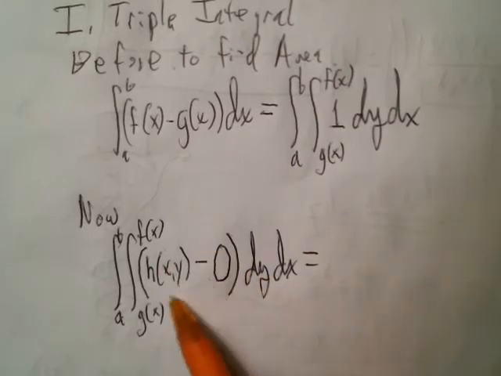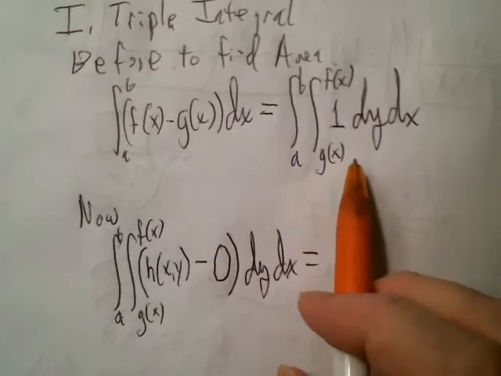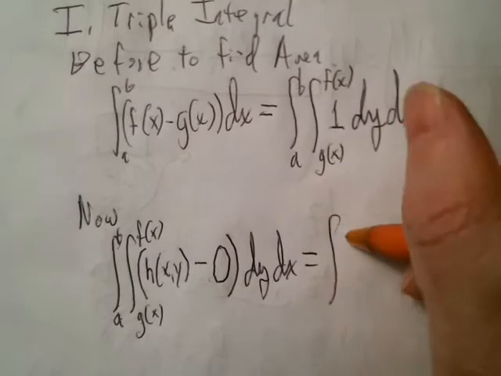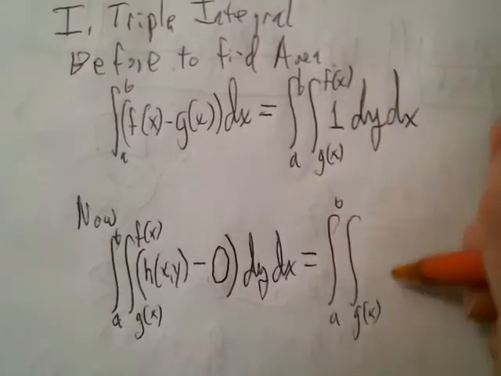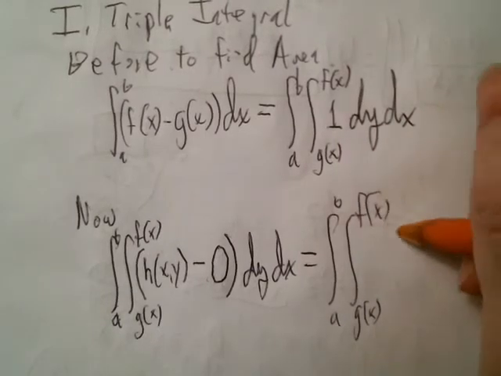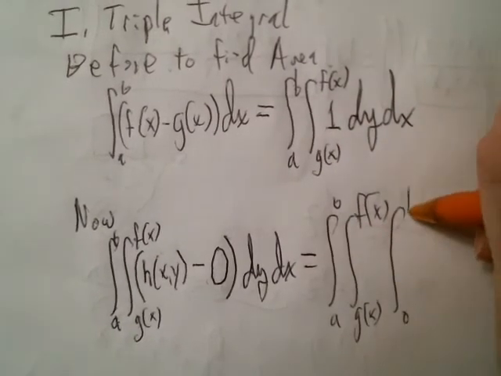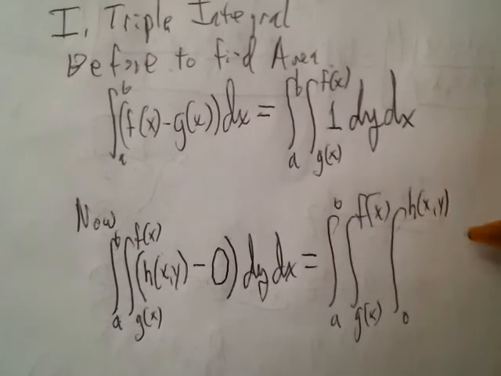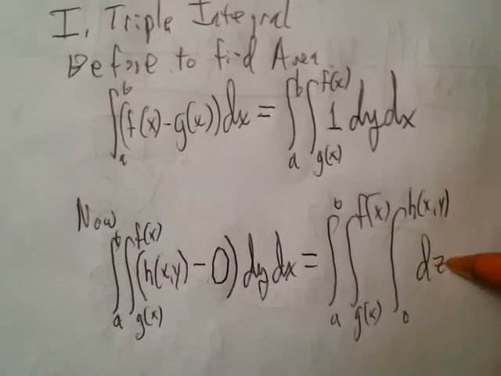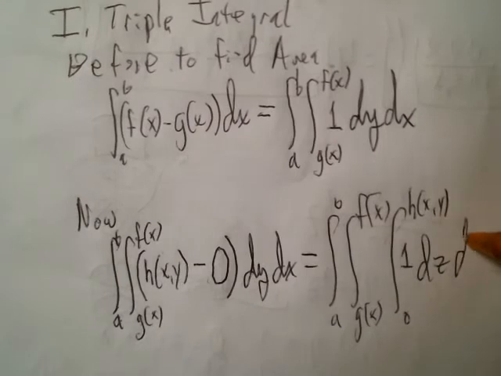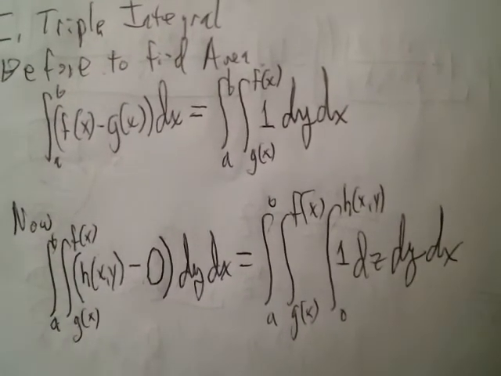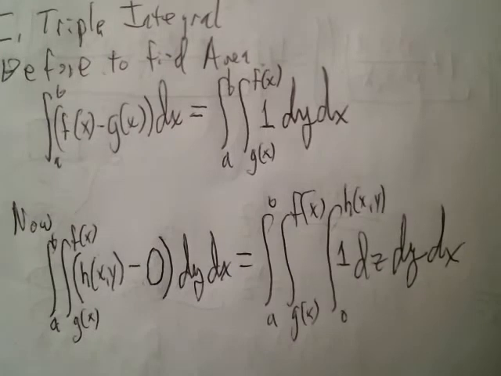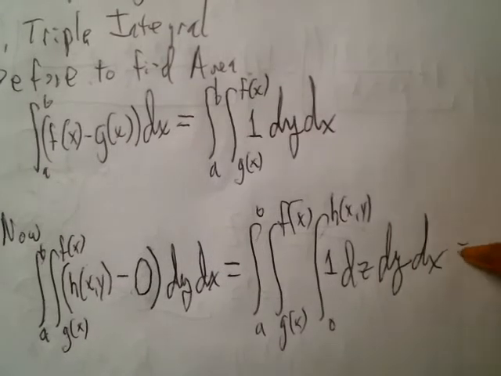You can embed this idea then into another iterated integral, another integral inside. So you have the integral from a to b, and then g of x to f of x. And then inside here you can put 0 to h of x y, and then have 1 dz, dy dx. And it's just another way to get volume. So this would be volume,